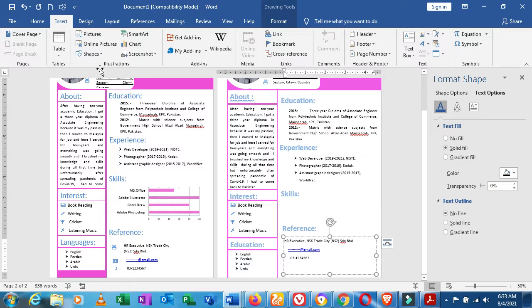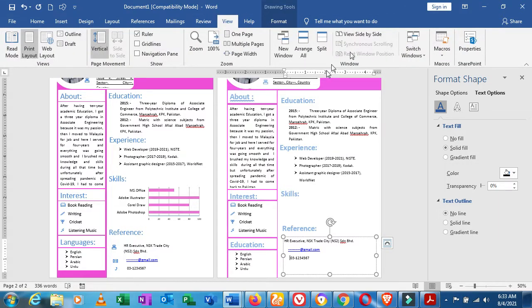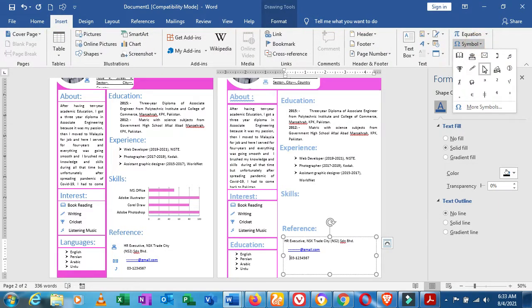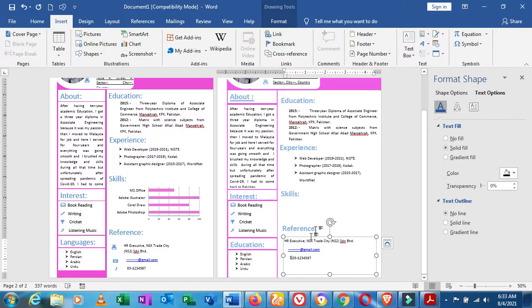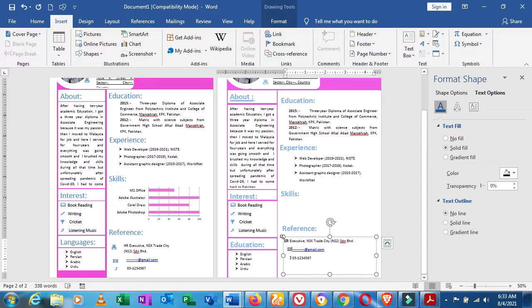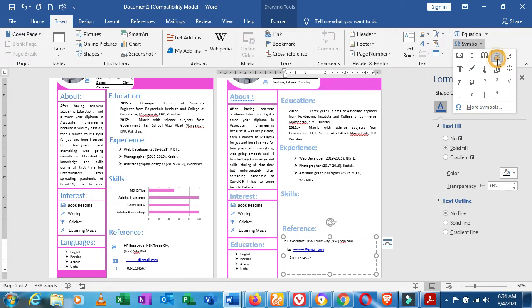I will put a receiver icon here, insert, then symbol, then here phone icon, and here I have to put envelope icon for mail address, and here home address, so home symbol here. After that space,